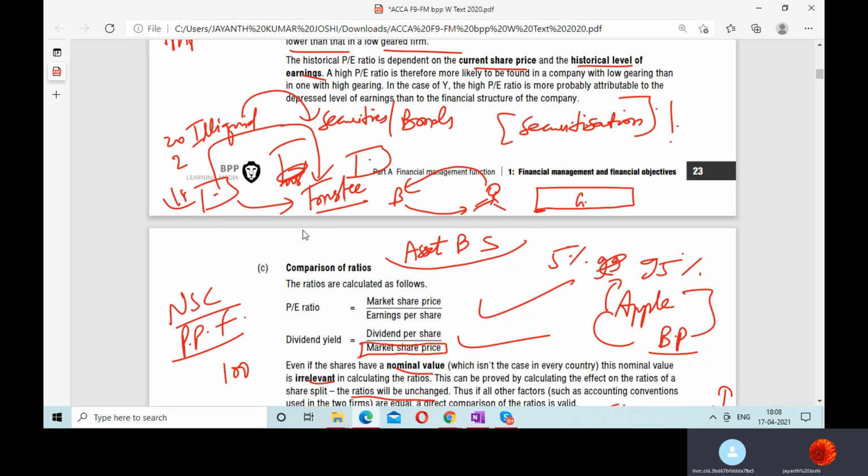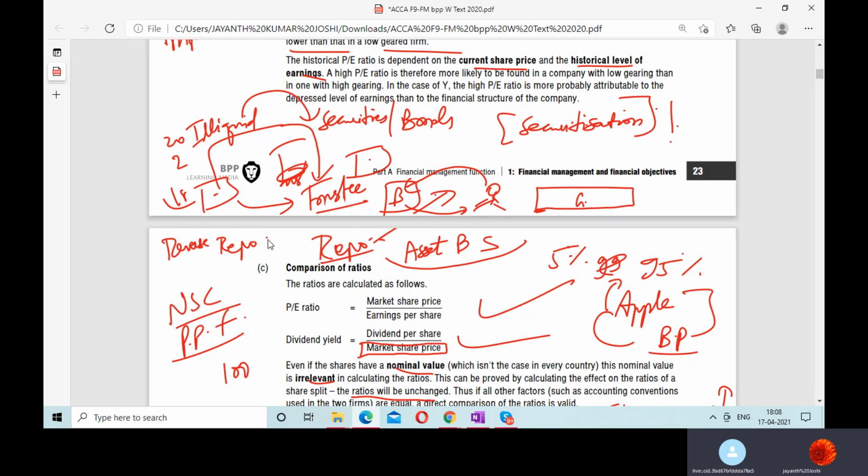They'll take the security. Of course they will take collateral. In the same way, when a company wants to borrow money from you, you'll also ask for collateral. The only difference is here the company is giving the security to the bank and taking the money. There, the company is giving you security and taking money from you. That's it. You know repo. Repo rate. This is repo. This is reverse repo. Repurchase agreement. That's it.